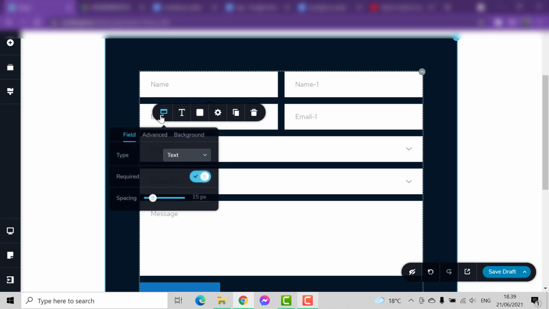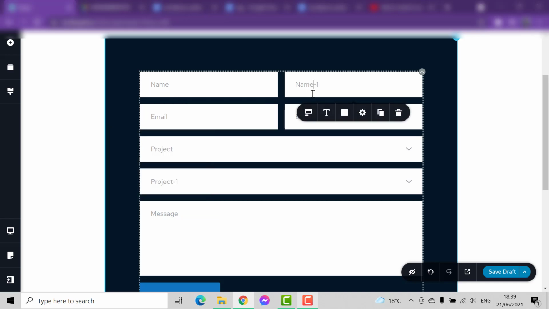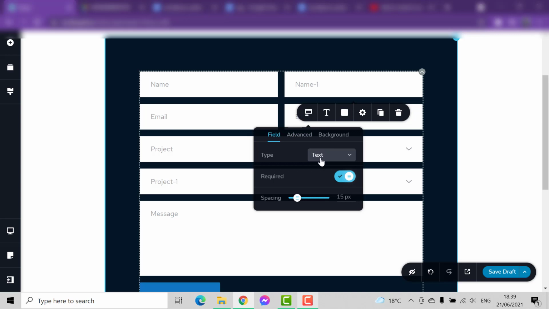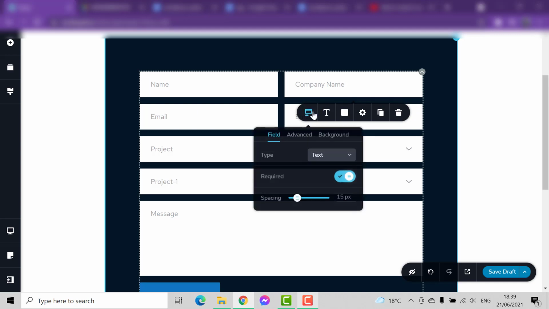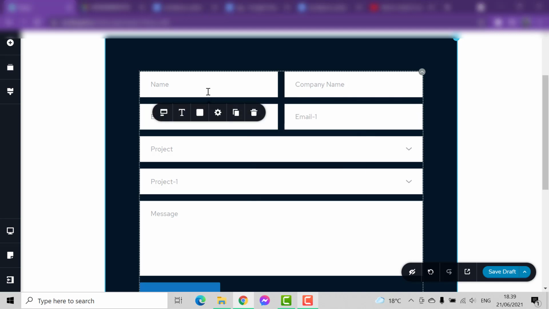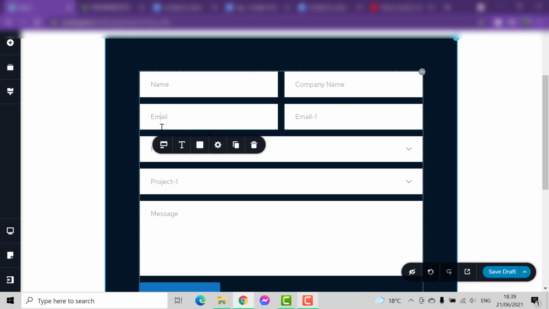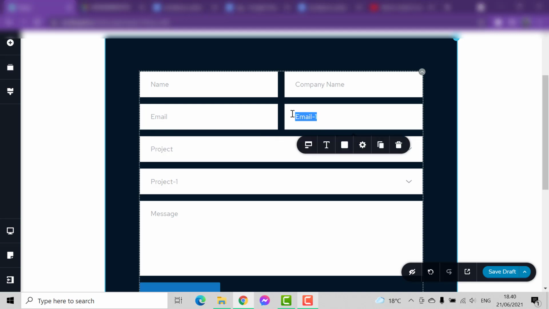Like here, if you go here, it is the type text, and here also it is the type text because I have copied from here. So here you can see company name. Okay. Now your visitors can write their company name here because you just don't want the name only of that person. You want also company name as well. This one, she can write email address, and this one maybe you're asking employee number,